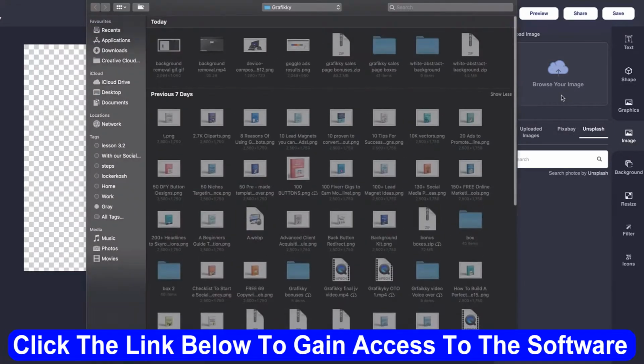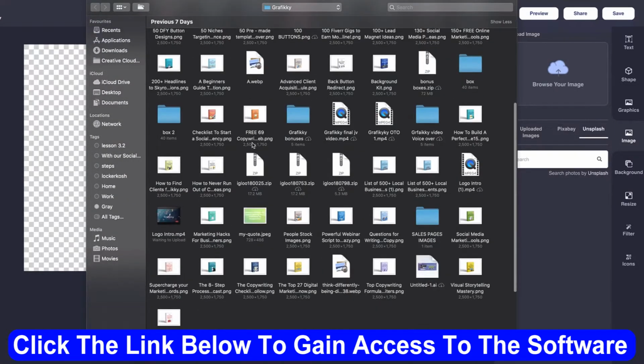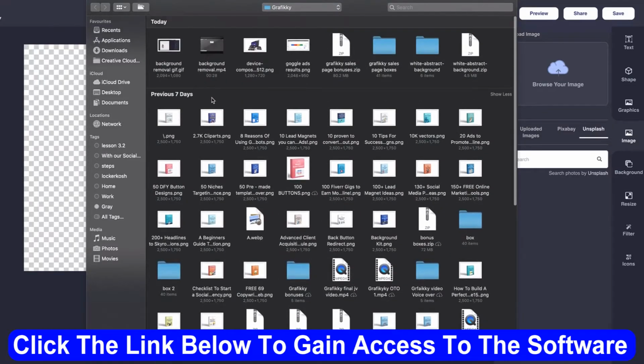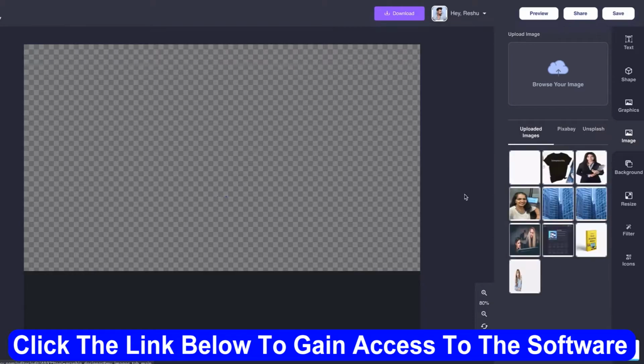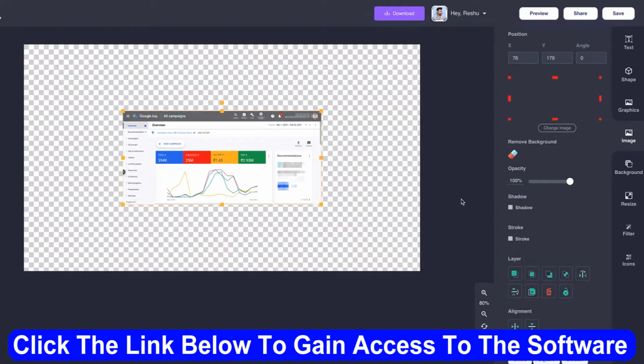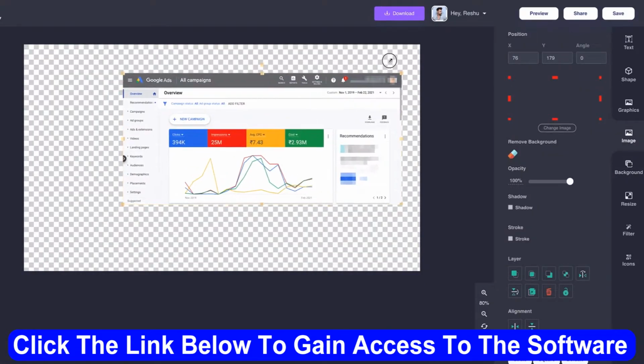If I simply want to upload an image, I have to click on upload image, pick an image from here, and wait for it to get uploaded. Here is the image.